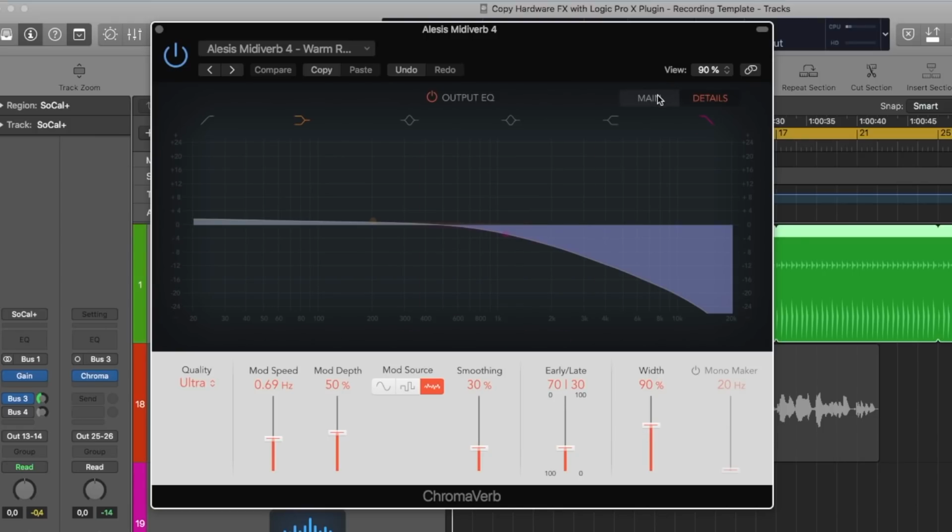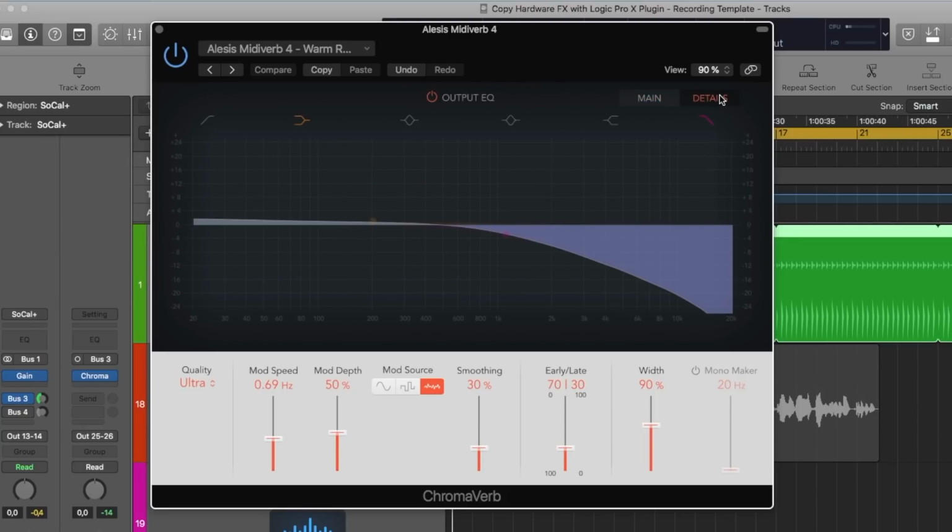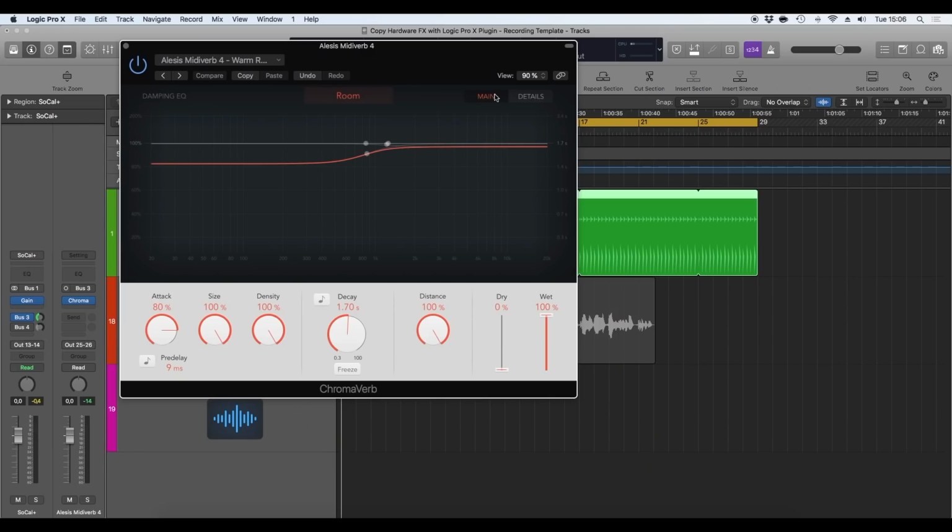All right, so this is actually the settings for the Alesis Reverb for the warm room setting. You can pause the video and copy those settings into your plugin, so you have this reverb warm room setting in your DAW. And the other picture here is this one. So just pause the video and copy those settings, and then you have basically the same reverb as I have. And so these are the settings for the Alesis Reverb 4 for the warm room preset that I mostly use